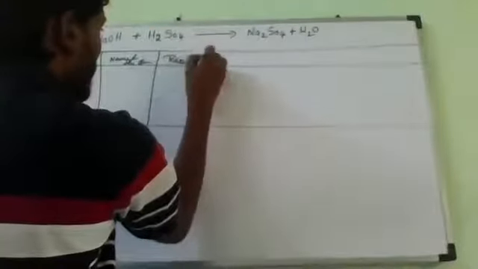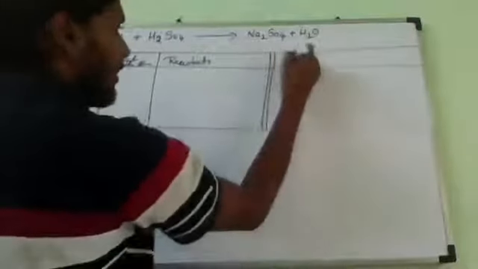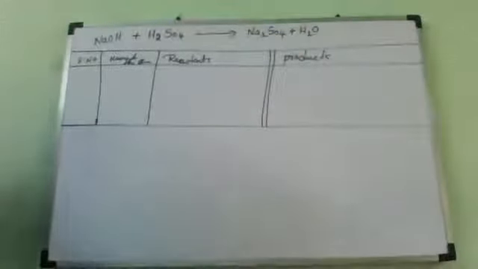Construct the table: serial number, elements, name of the elements, reactants, products. Construct it fast with the scale. You people know me, I don't like bad presentation. With the scale you have to do it. Here on the board I will do it, but use the scale in your notebook. If I'm drawing, you also finish it fast. Reactants, make a double line in the middle for separation, and then products. Is it okay?